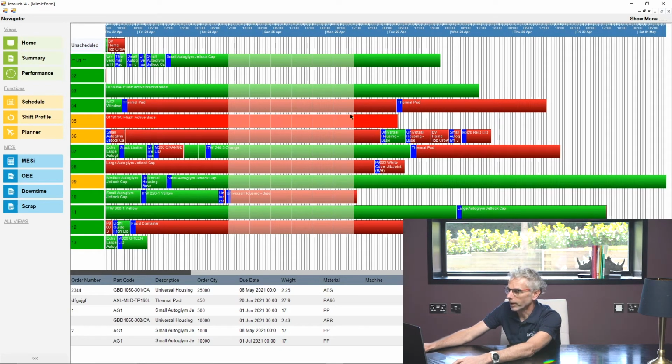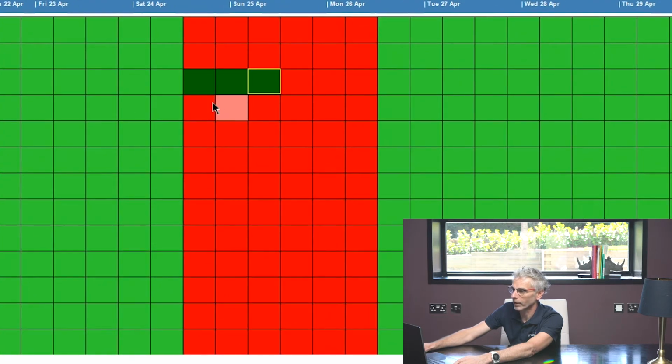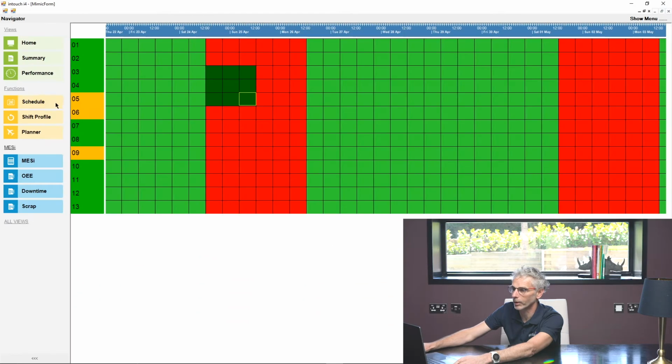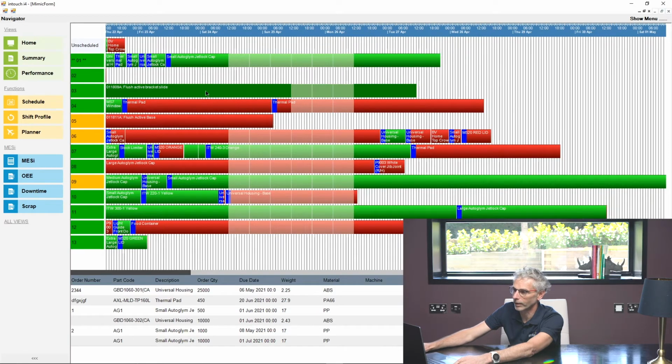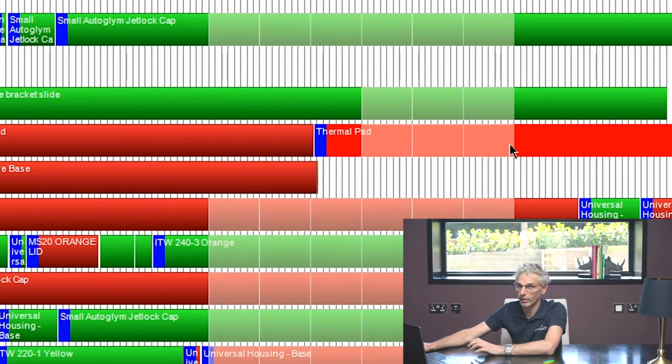The greyed out period that you can see in the middle, this is my unworked shifts. So this is a weekend. If I look at my planner here, we can see that these are my individual shifts and this is the weekend. So I can then go in and quickly say, okay, actually on these machines, I want to run overtime at the weekend. And we will then see on the Gantt chart that that has been reflected, adjusted the jobs